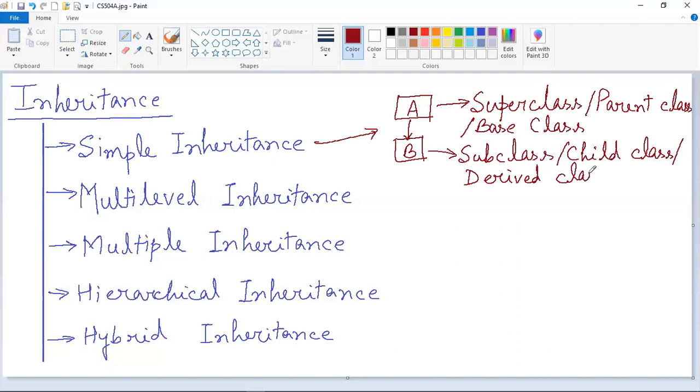So these are the three names of these two types of classes that I'll use in my lecture interchangeably.